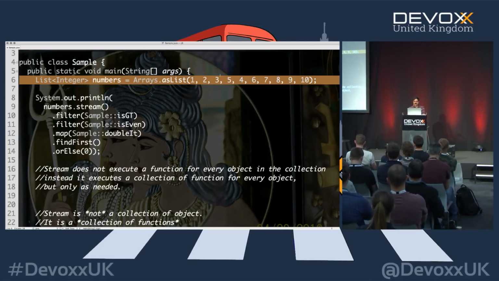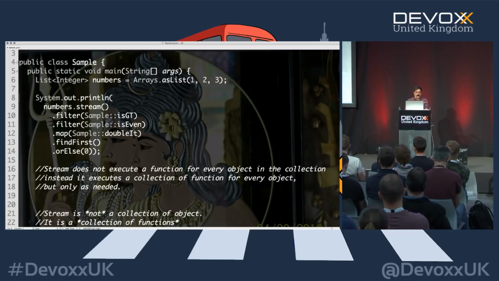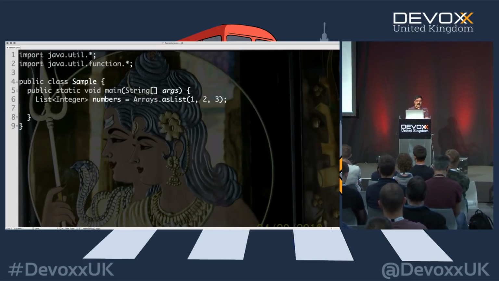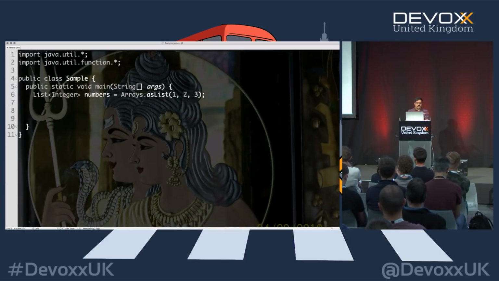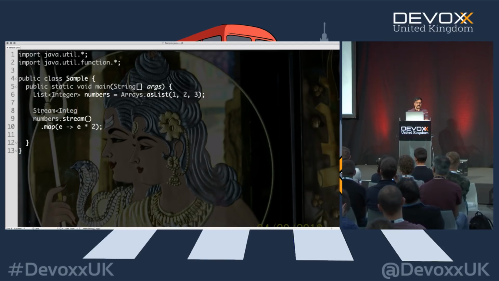So let's take a little example of numbers 1 to 3, if you will. In this case, I'm going to simply take this particular code and say that I want to use a value. So numbers.stream, and I'll say .map, given an element, times 2. But I'm going to store this away into a stream right here. I'll save this as a Stream of Integer, so we saved it away as a stream.